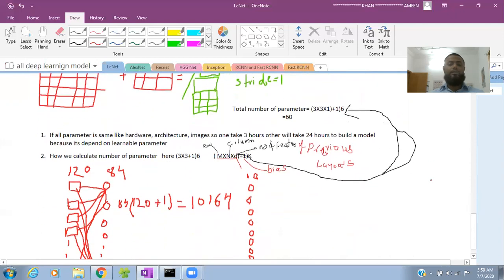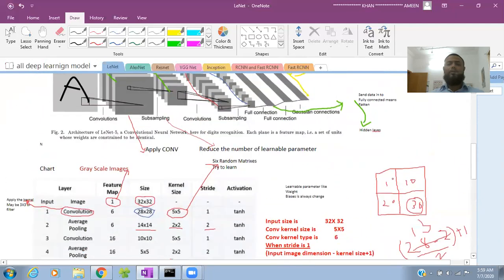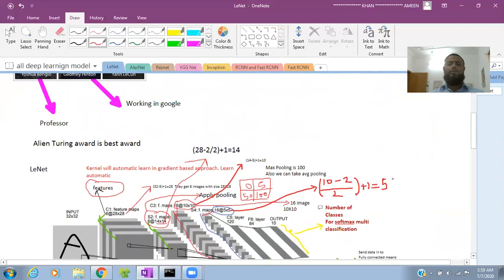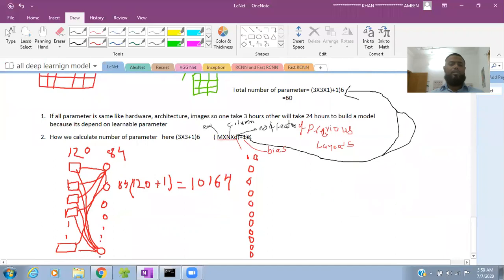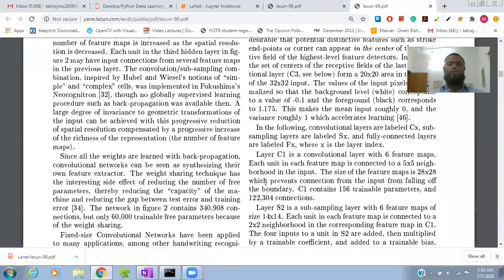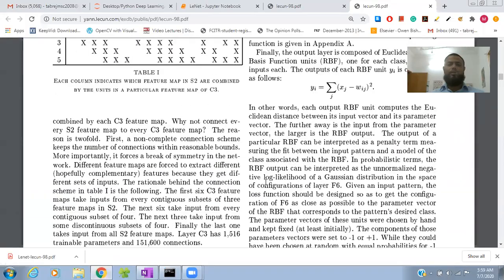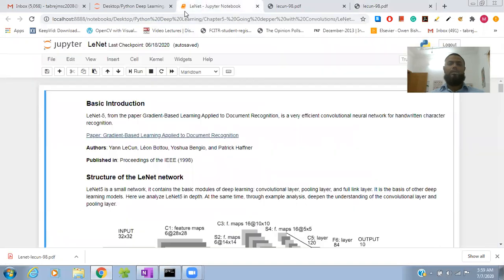And second thing, LeNet is a very vast model, and they applied this model over there. Now I am going to discuss more. So this is all the detail about this paper. Now we'll see the LeNet one.